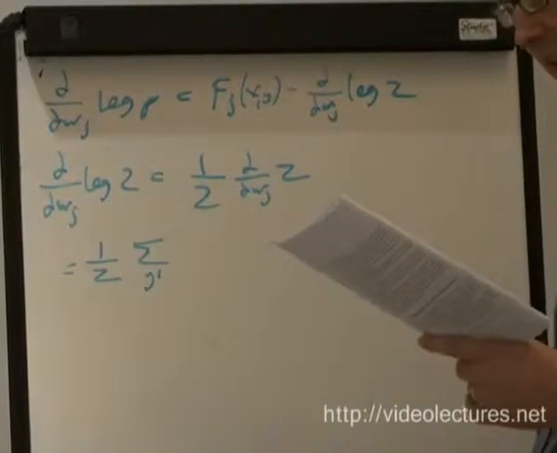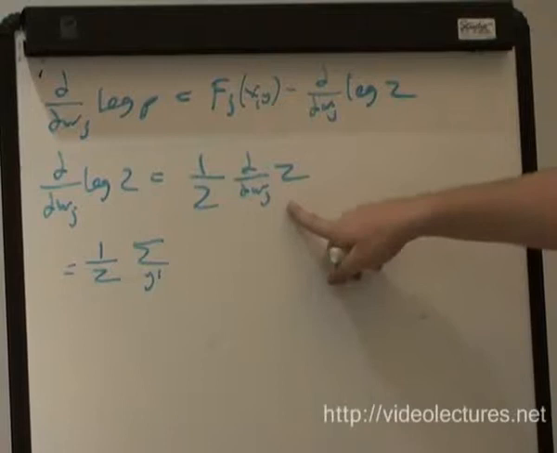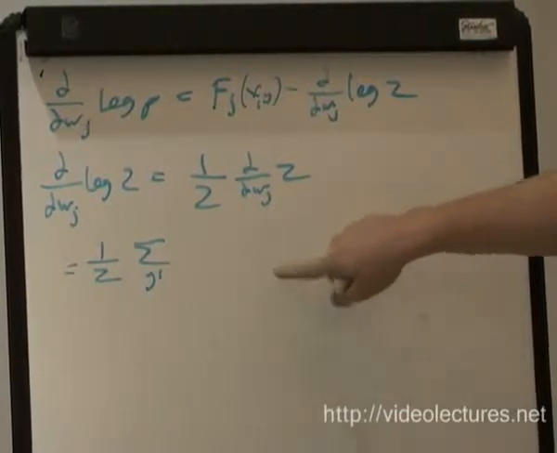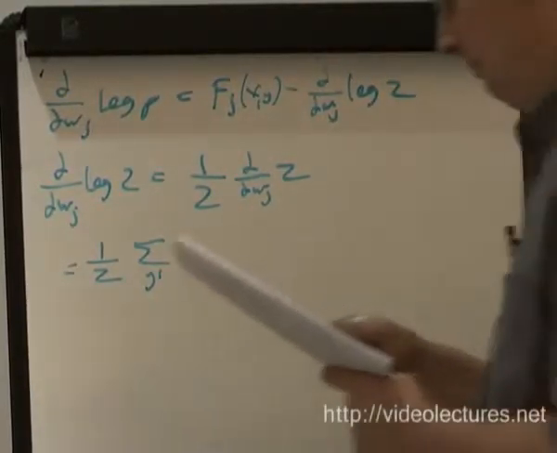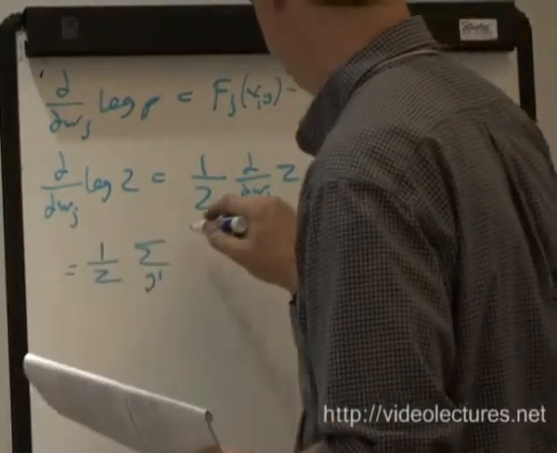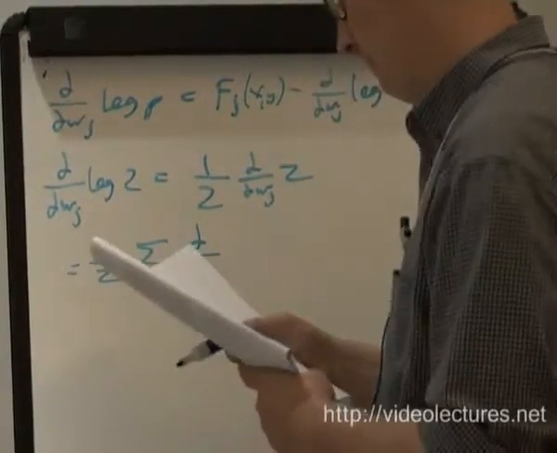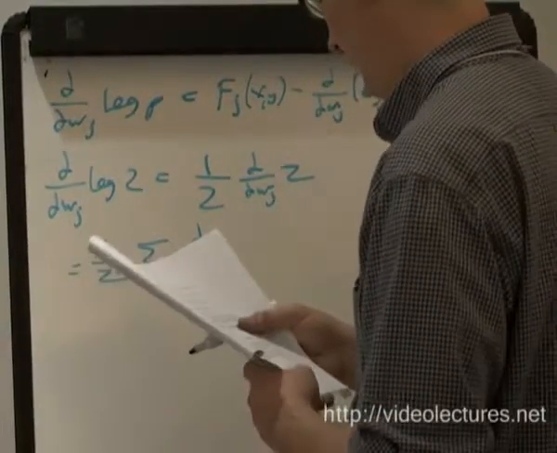So 1 over z, and then z is a summation, and so I'm going to bring the derivative inside the summation. So sum over y prime, d by dwj, and then